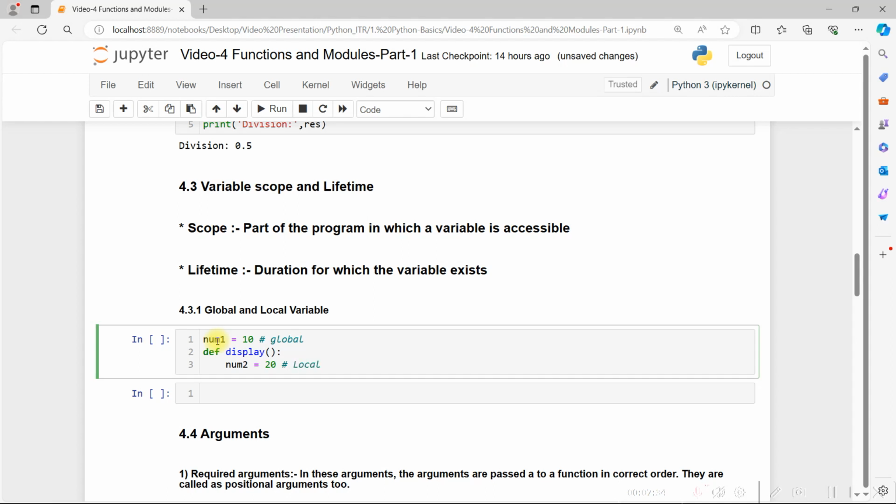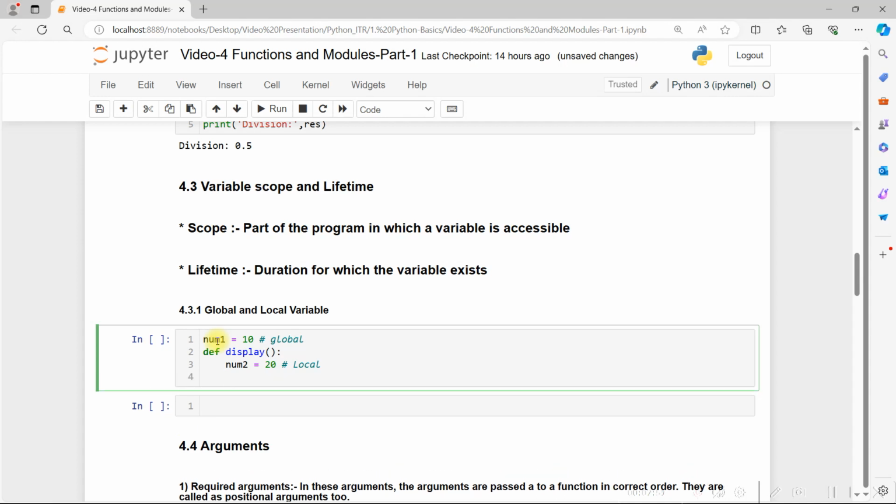The difference between global and local means the variable which is declared outside the function is called a global variable, and the variable which is inside the function is called a local variable. So here, if we want to print num1, let us call it the global variable,